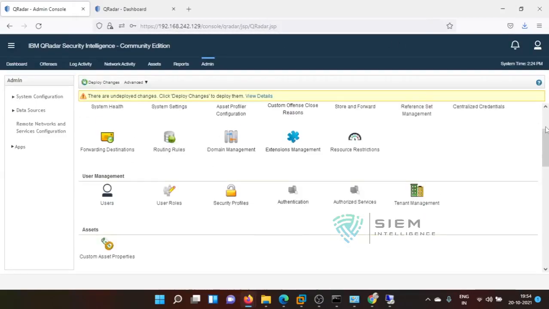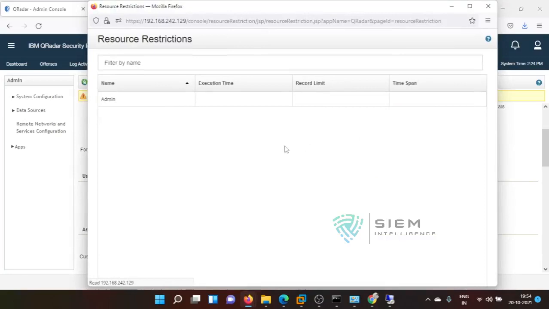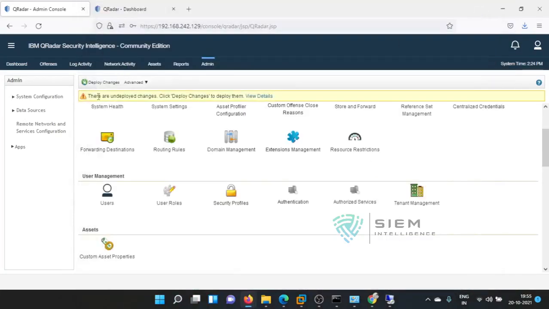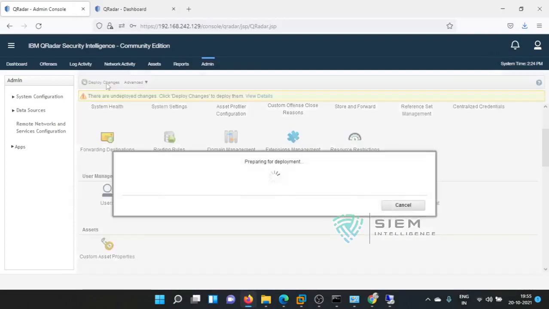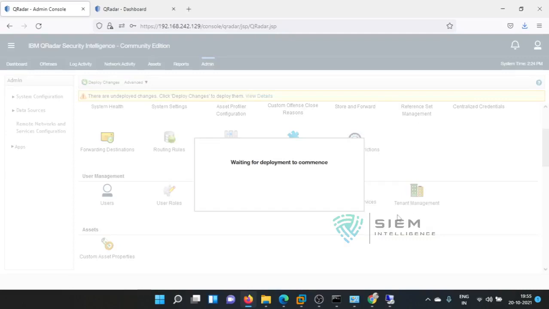So if I do resource restrictions, no, I need to do deployment changes first. Okay, if it is there, it will be given with that Vishnu user and all. You can limit the search time and all those things will be shown in the resource limit. I'll show you.